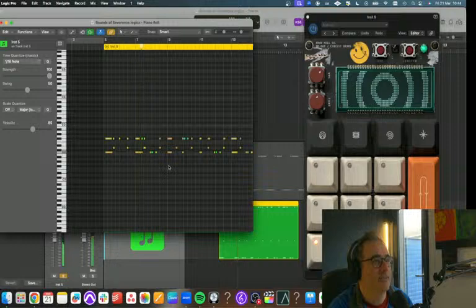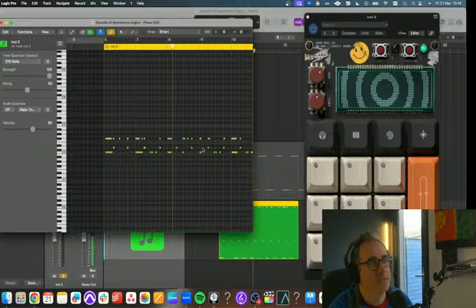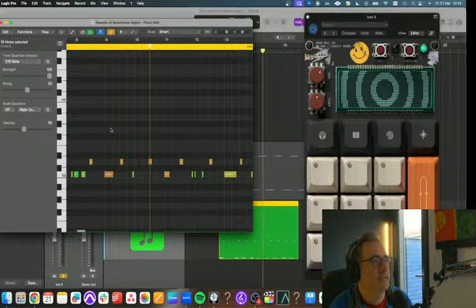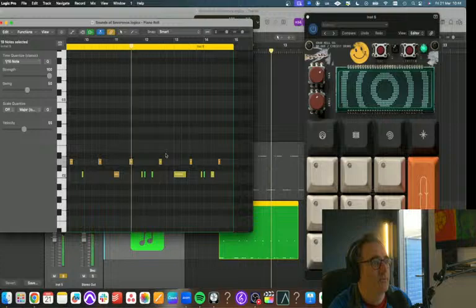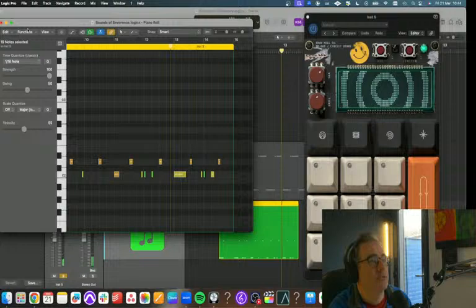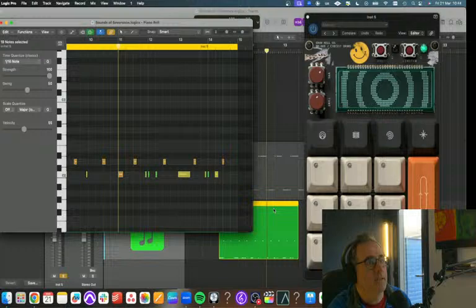Okay, so that's nothing. It's got too much of a swing, really. I need to get rid of that swing. So all of my hi-hats are going to go, and I'm just going to focus on the kick, and this should line up nicely with the bass.